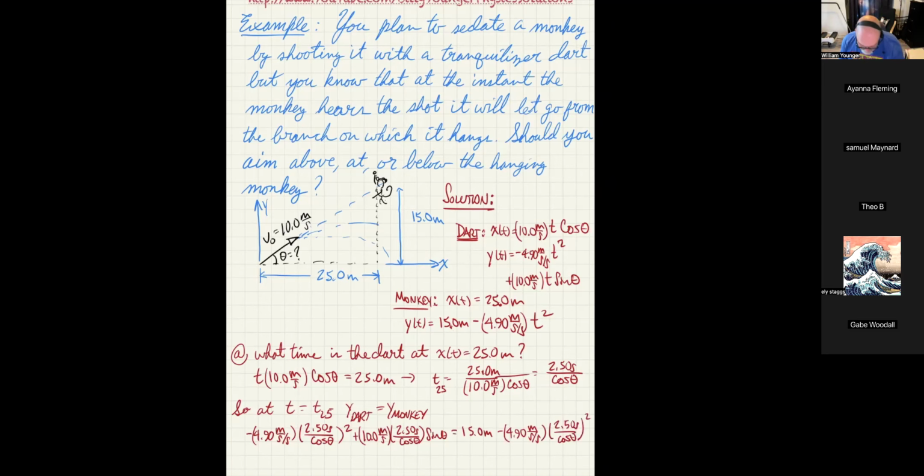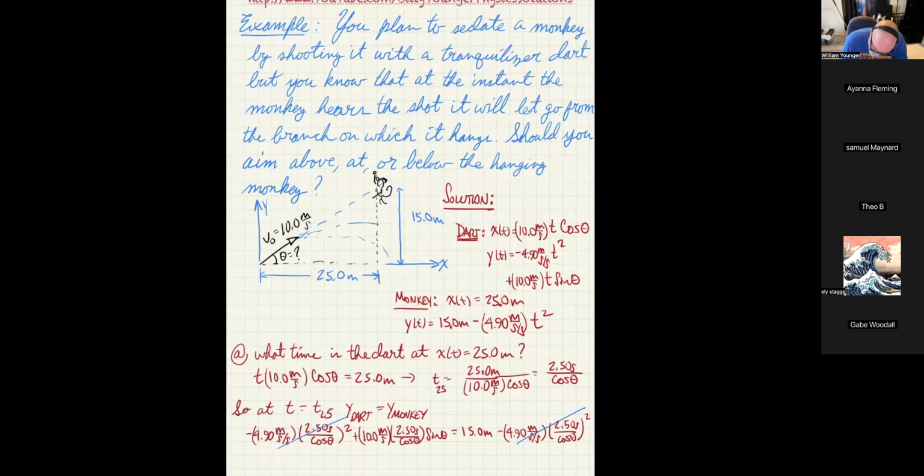Now, the big thing is to notice that those two terms are identical. So I can add positive 4.90 meters per second squared times 2.50 seconds squared over cosine theta squared to both sides, and they will just disappear. Now all I have left is basically